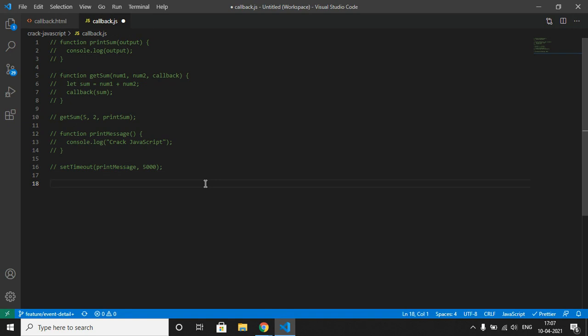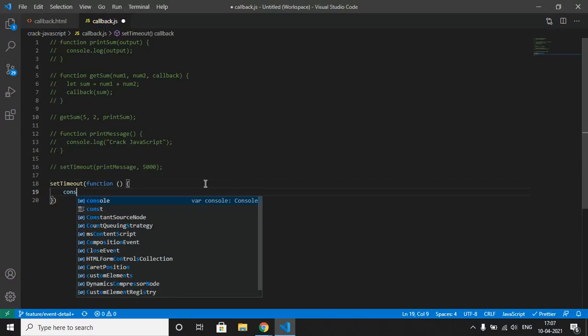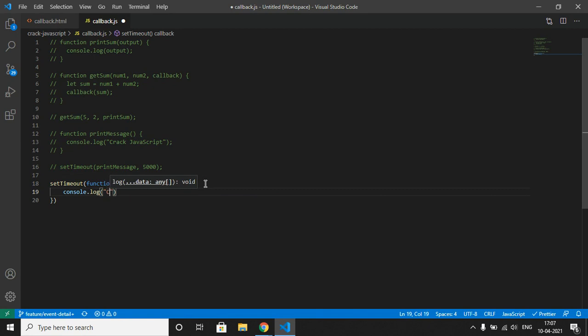Let me create one anonymous function. You guys might be thinking, what is that? Let me create one function with console.log of Crack JavaScript, and 5000. As we can see here, the callback function has no name, and a function definition without a name in JavaScript is called an anonymous function.